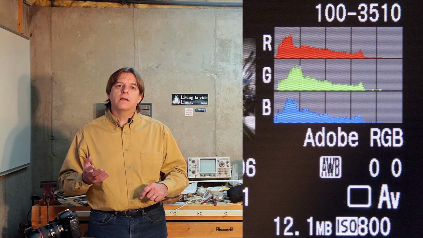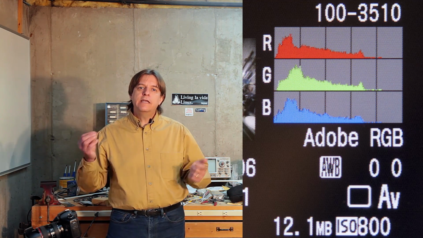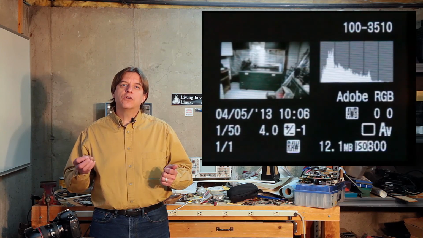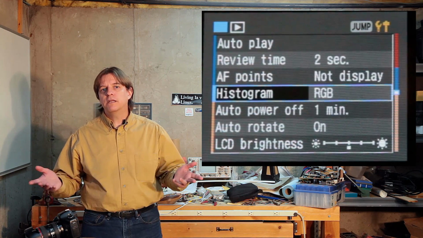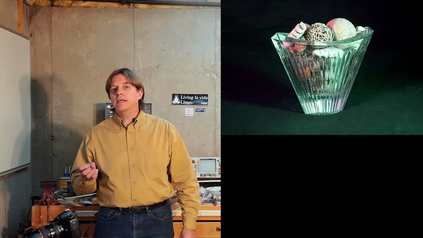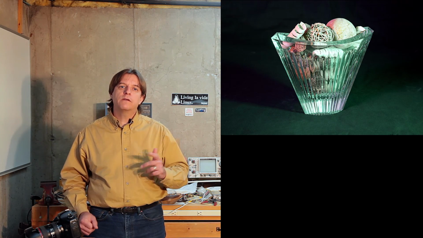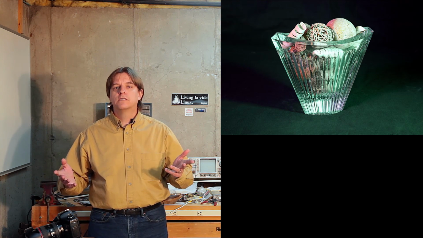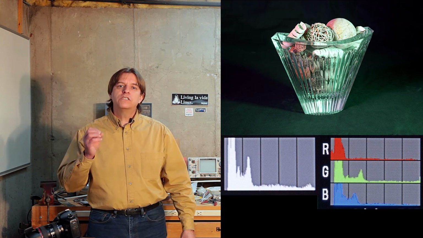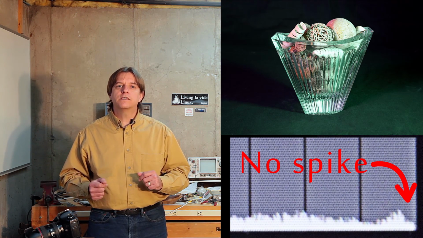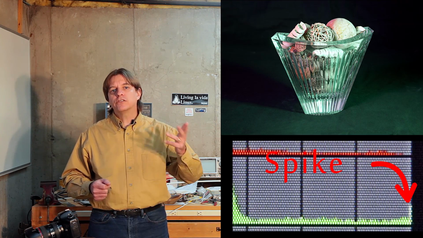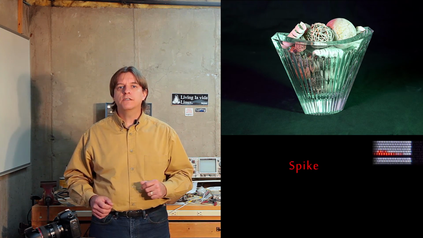The RGB histograms work exactly the same way, except there are 3 charts showing the intensity in each of the color channels. The default is to show the luminance, but it can be changed to the RGB histogram by changing a custom setting in the menus. This can be useful in situations where you have colored lights, or part of your image is more predominant in one color than the others. In these cases, one channel might become overexposed, but it won't be obvious in the luminance histogram. However, when you change it to the RGB histogram, it becomes quite obvious.